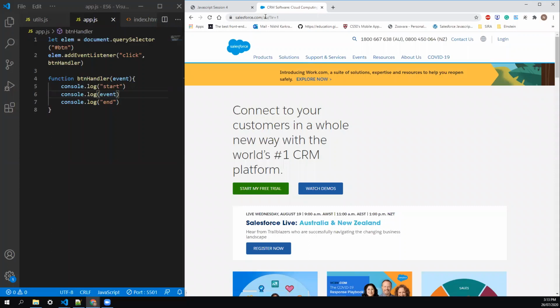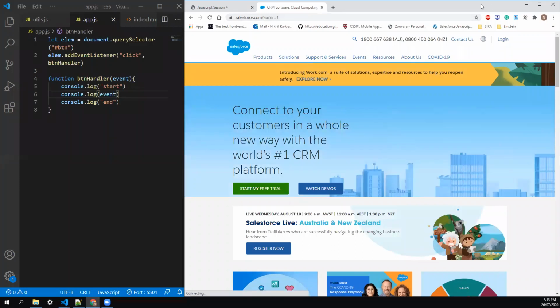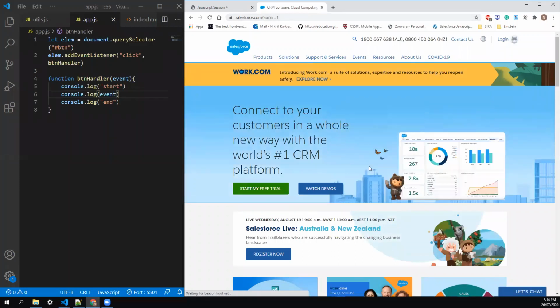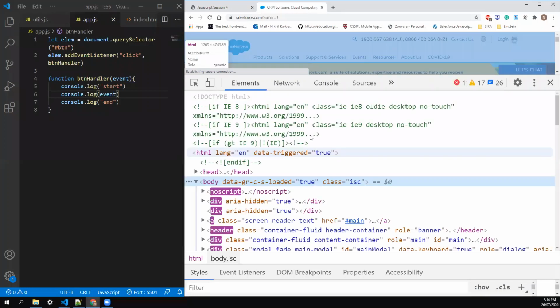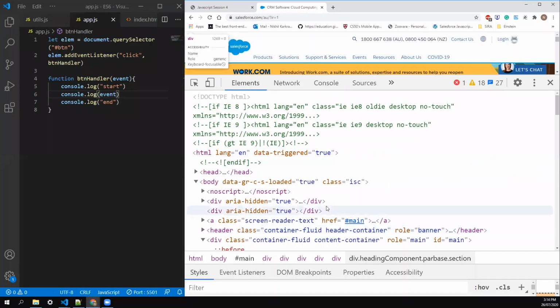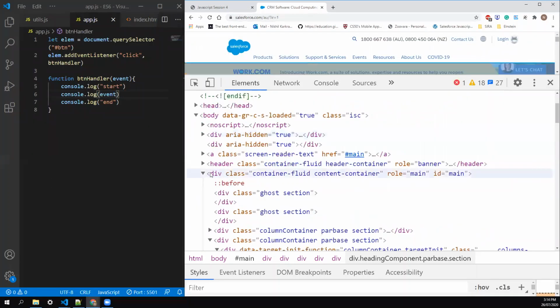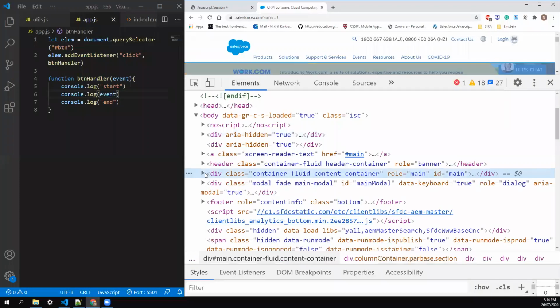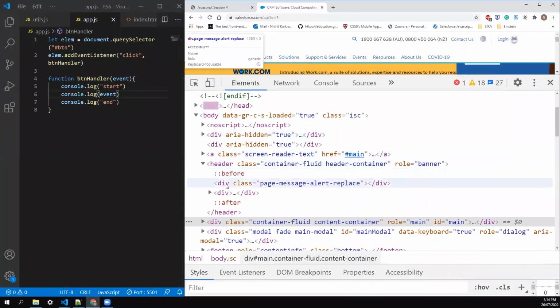Okay, so this is our salesforce.com. I'll go to inspect. In inspect, the first tab is elements. So now we are learning how debugging actually happens. Elements is nothing but the DOM. DOM is the document object model. Each tag we call a node. Like div is a node, header is a node, a is a node, and they have further child elements.